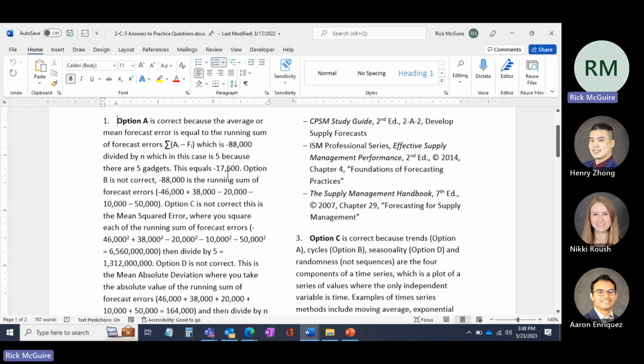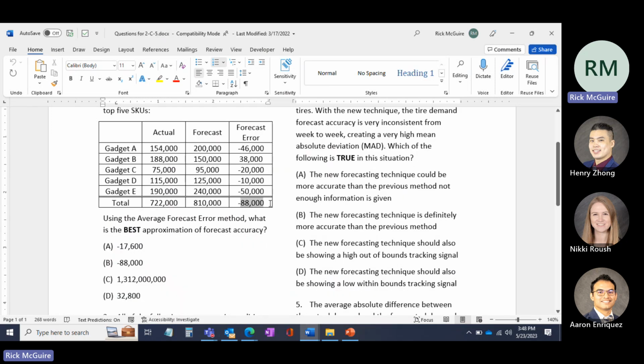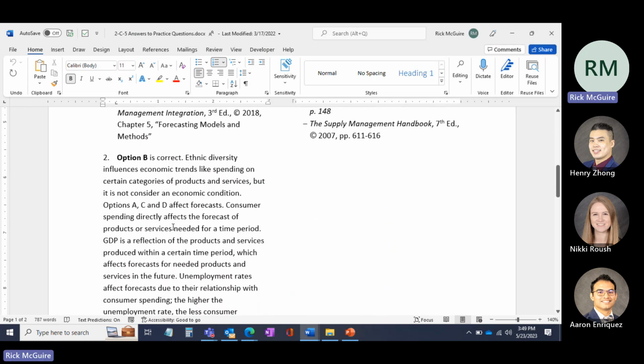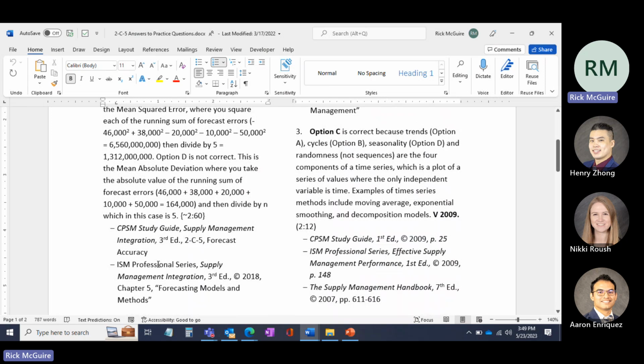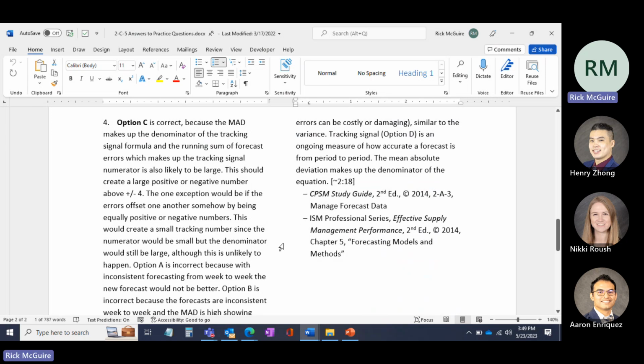All right. Number 1 is A. Basically all you have to do on this one, it's already summed up for you. You've got 5 gadgets, divide 88,000 by 5, and you get 17.6. 2 is B. Ethnic diversity is not going to affect the forecast. 3 is C. We've had this one before. Random sequences are not part of time series analysis. 4 is C,